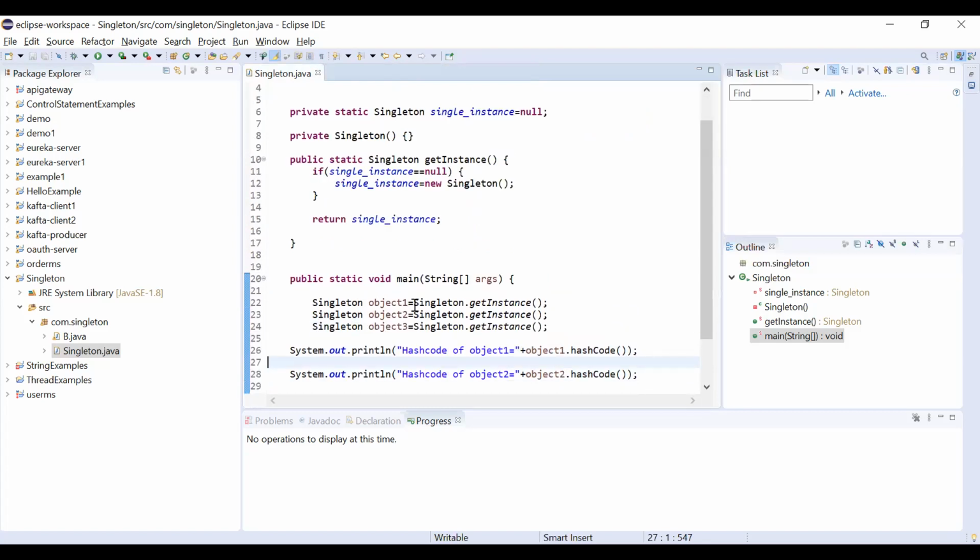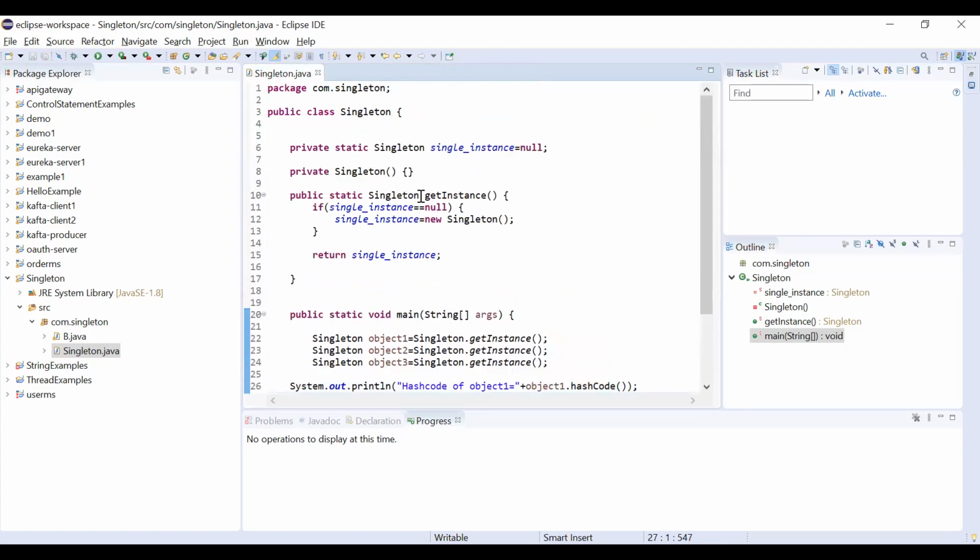We created the object 1 variable using Singleton.getInstance. It will call this method, and in this condition it will check if singleInstance is equal to null. If it is null, it will create the single instance. In the first case, it is null, so it creates and returns the single instance.